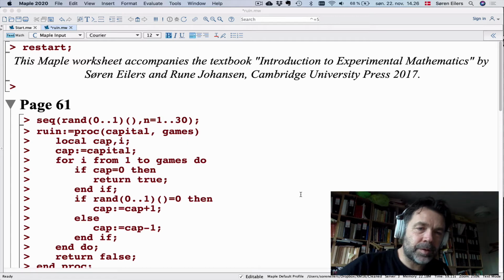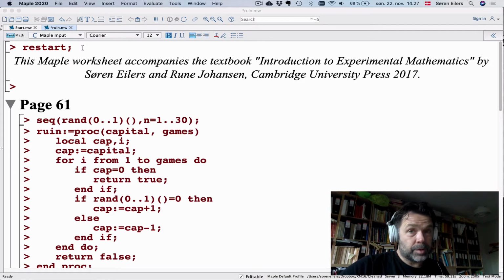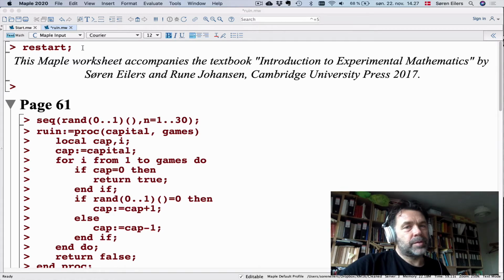Okay, so I want to take you through a case study from the book that has to do with ruin probabilities. It's a case study that shows us something about how to do iteration and later also recursion. And the main purpose of what I'm showing you in this video is how to deal with computations